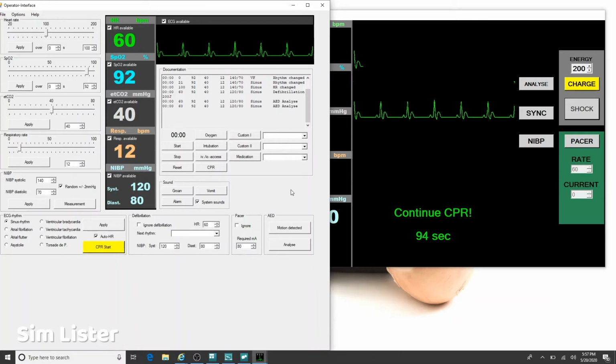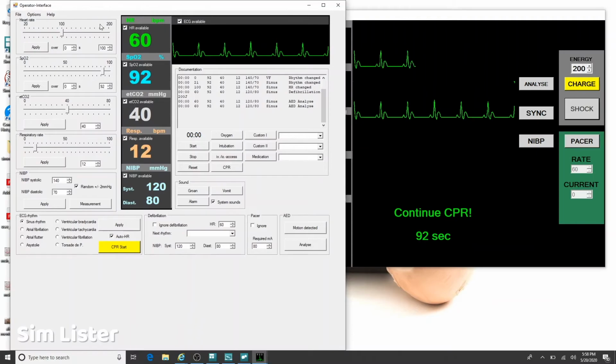So let's say we got our patient set up. These are the vitals for our simulation. What we're going to do is go to our Zoom meeting. Like I said, you could either